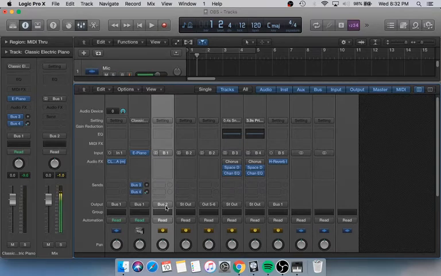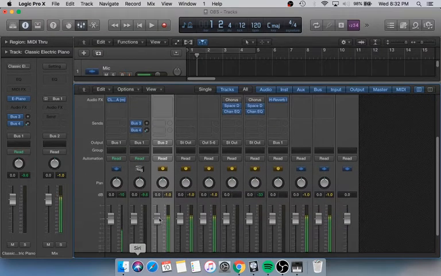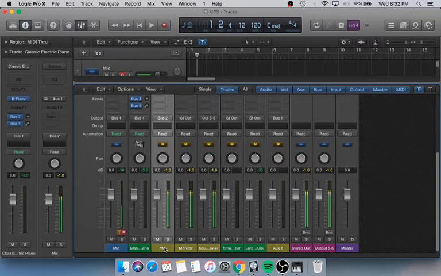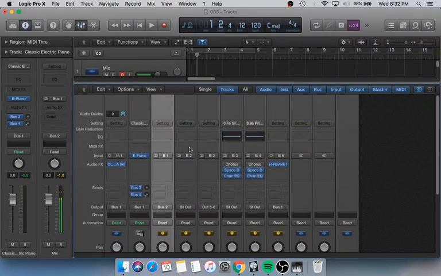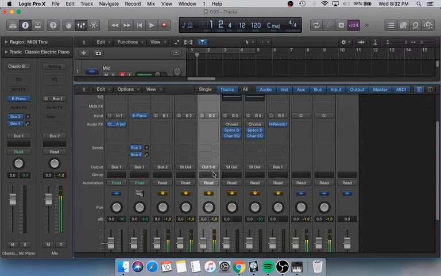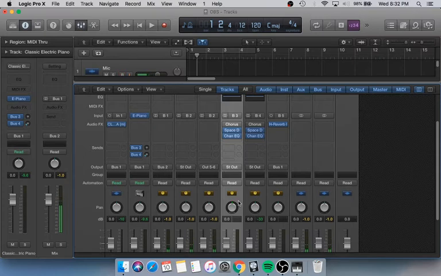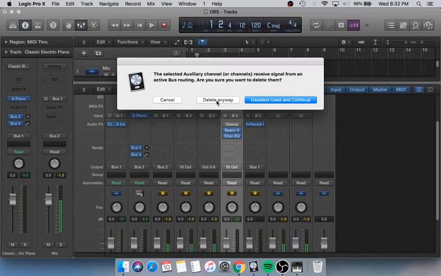Now this is also not going to stereo out. We have created 2 more buses. All the instruments that we've created are going to this channel. We've named it mix. Now the output of this mix we've selected is another bus, bus 2. Now for bus 2, we're going to have 2 different channels. One is going to go to your stereo out, that is your monitors or your headphones, and for the other one we're going to select the output as 5/6. Actually, I don't need these 2 buses, so I'm going to delete them so that it doesn't show you a lot of channels that might confuse you.